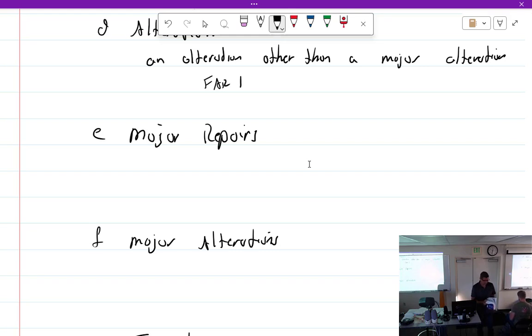Oh, let's try Part 1. I want M: A, B, C, D, E, F, G, H, I, J, K, L, M. Major alteration, because I found that first. Because repair is going to be next. Major repair